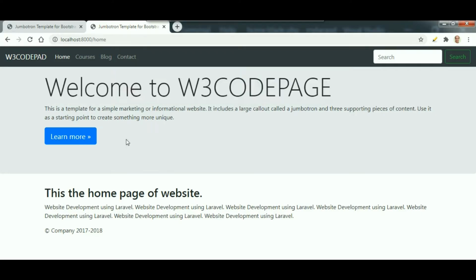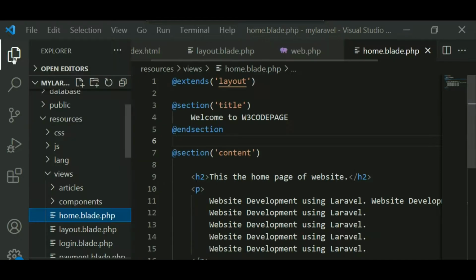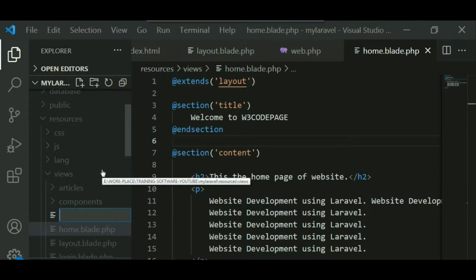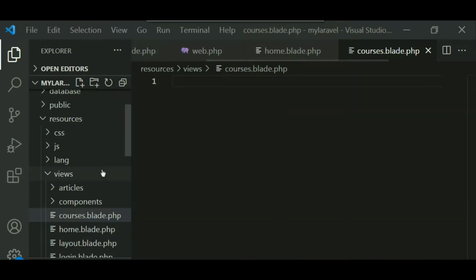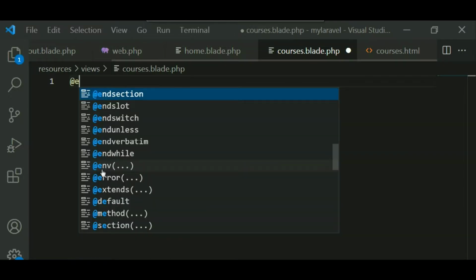Similar to this page, I am just creating another page for the courses. The courses page I want to create is the courses.blade.php file. Similar to the home page, you just create one file inside the view folder, that is courses.blade.php. And here, similar to the home page, you just extends.